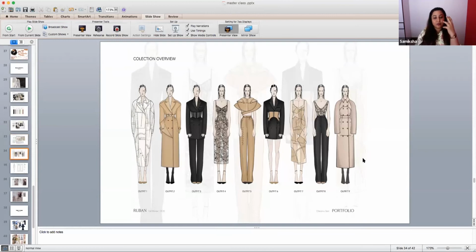Even the croquis expression gives a very minimalistic approach. So everything should revolve around the kind of research and kind of project you're doing. The background colors, the expressions, the colors, the posture, everything is very minimalistic.